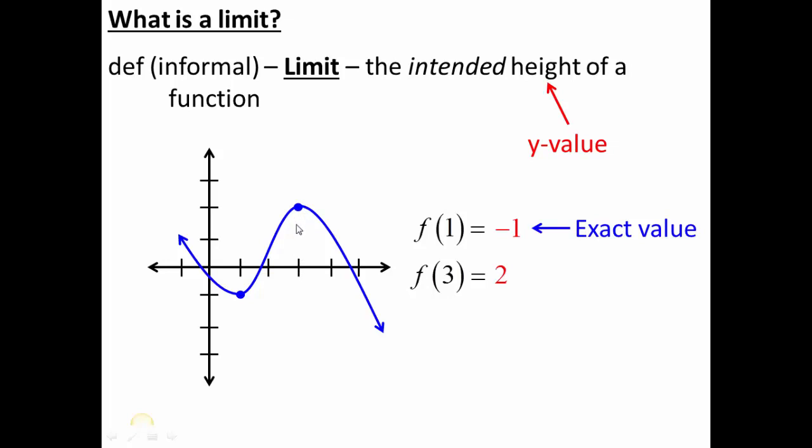But what about when it's not so well behaved? Look at this function right here. Notice we have almost exactly the same curve, except at x equals 3, there's a hole in the graph. So basically the graph is going along its merry way, and all of a sudden when it gets to x equals 3, it pops out of existence. And then as it passes through x equals 3, it reappears and goes along its merry way as if nothing ever happened.